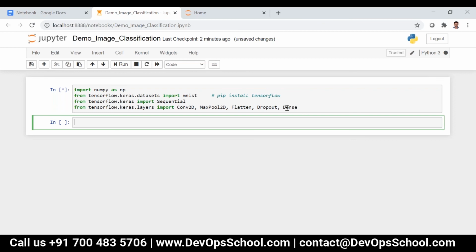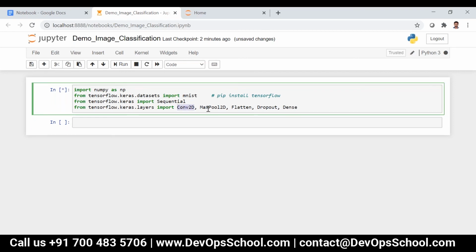The convolution layer, max pool layer and flatten layer will come only for convolutional neural networks.